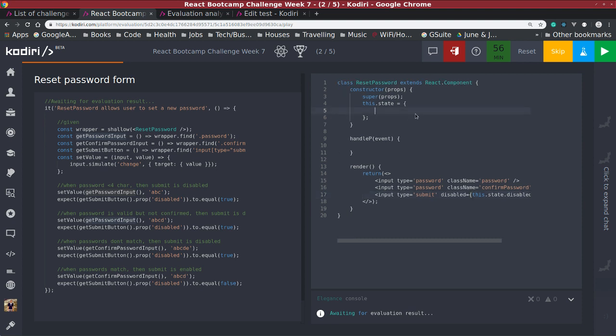and we're going to put our initial state here. So disabled false. So when it first renders, it's going to create the submit button and then look in this dot state, and we know it's by default false, or rather true actually. So it is disabled. So disabled equals true. So it'll check true. So when we get a password, we're going to get this text, and we know that this text is incorrect. So we can handle it and say if